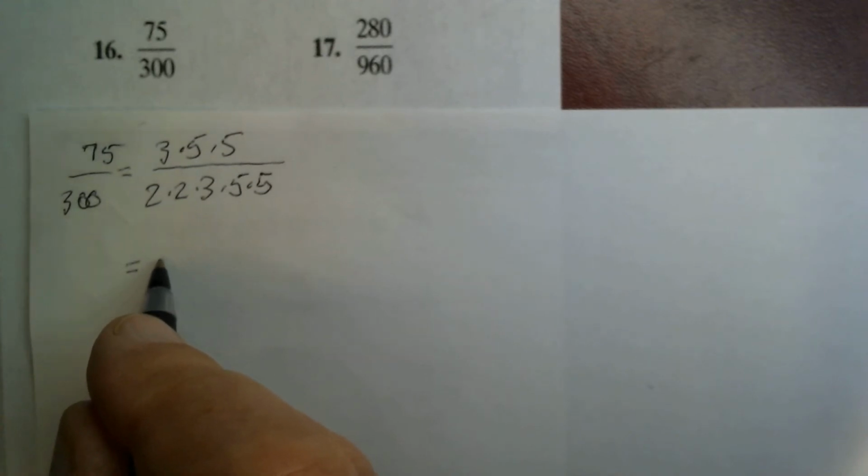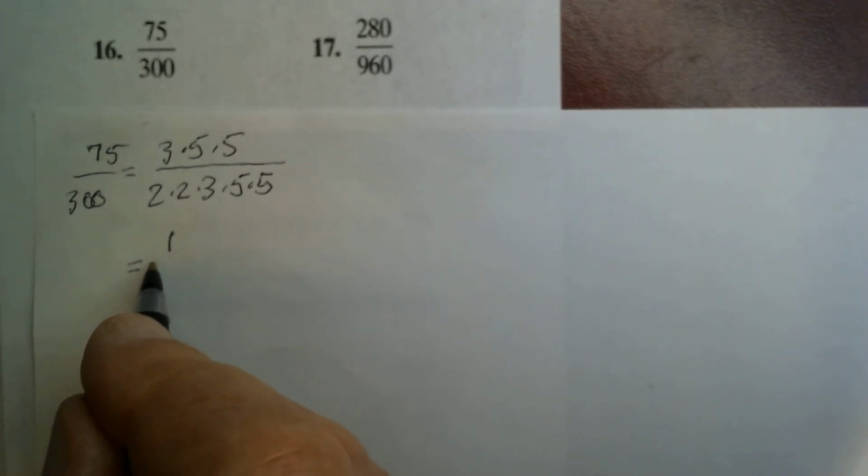When we do number 16, we do the prime factorization of the numerator and denominator. For the numerator, 75 factors into 3 times 5 times 5, and 300 factors into 2 times 2 times 3 times 5 times 5. You can use, again, the factorization tree that we've used before for factoring larger numbers. So this we can write as